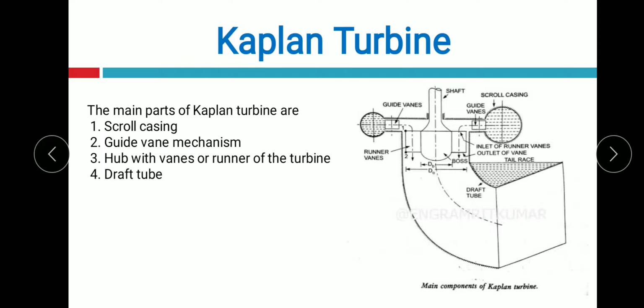To convert the kinetic energy into useful pressure energy, the draft tube can be used, so that the water which is leaving the runner can reach the atmospheric pressure head. Generally, at the exit of the runner, the pressure is less than the atmospheric pressure head. To get the pressure to atmospheric pressure head, the draft tube is used. In the next slide we are going to discuss the draft tube.